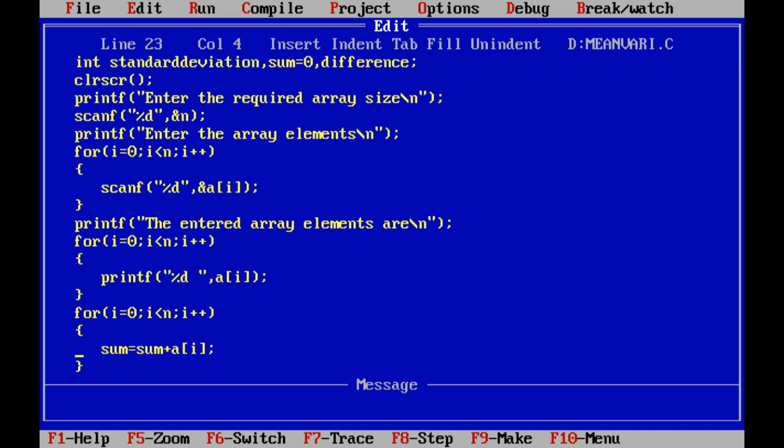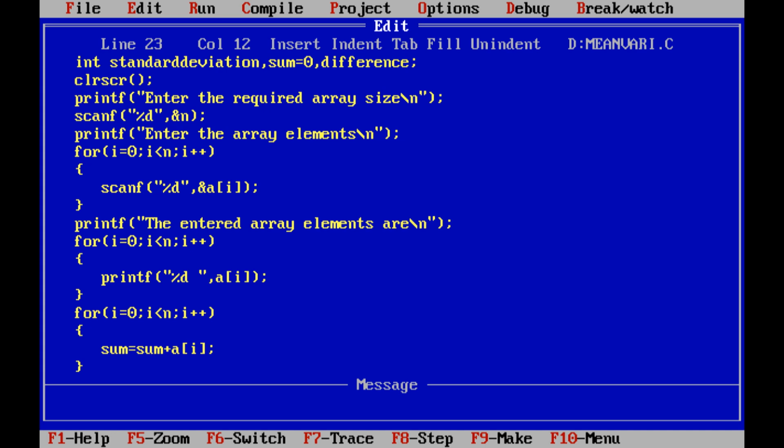For example, initially sum value is 0. For i equal to 0, 0 less than n, condition true. If the condition is true, then the control goes to the body of the for loop. sum = sum + a[i]. Initially sum value 0 plus a[0]. a[0] contains the element, suppose 10. So 0 plus 10, that is 10.